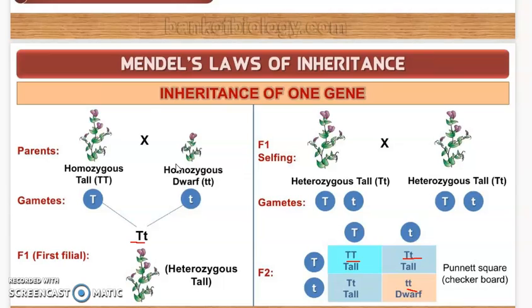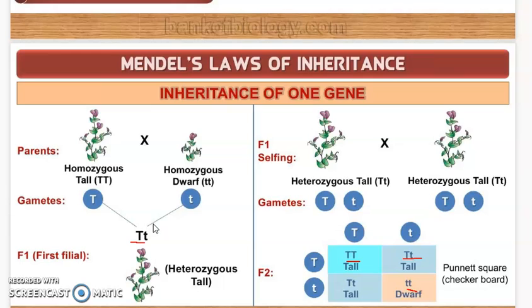Okay, now what would be the phenotype of a plant that had the genotype capital T small t? If the genotype of the plant is capital T small t, what would be the phenotype? Because it has a gene from one parent which is capital T, and from the other parent small t. So what will be the result? What will be its appearance? Whether it will be tall or dwarf, or whether it will be halfway. That is what Mendel found out.